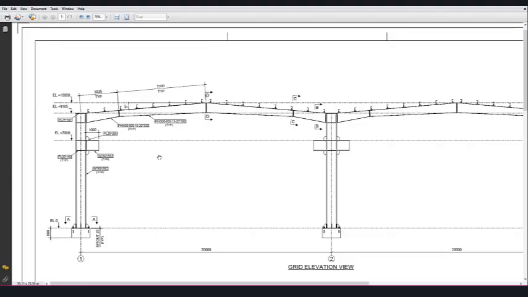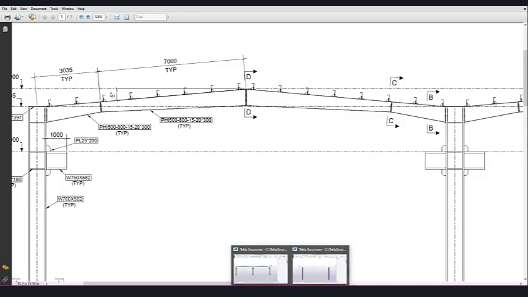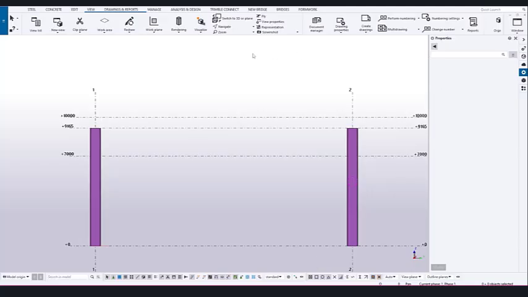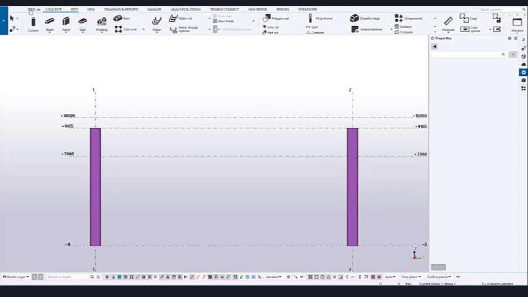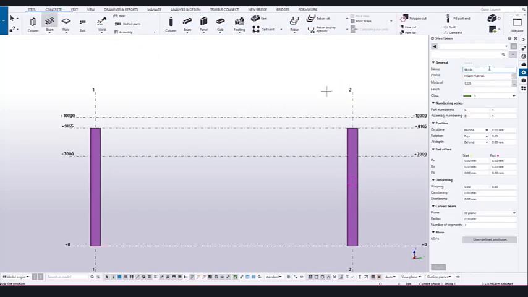Go to the PDF, you can see here we used a rafter for the tapered section. Tapered section, you can see here, this section I used. Now I just go to Tekla Structures, then go to Steel, select Beam, then go to the properties. In steel beam properties, make it here Rafter,